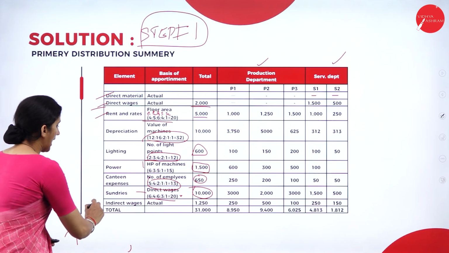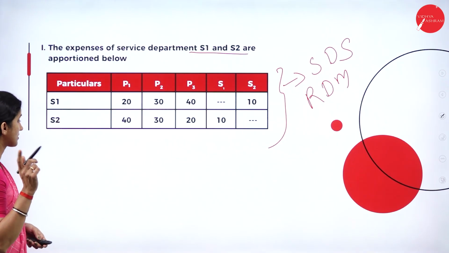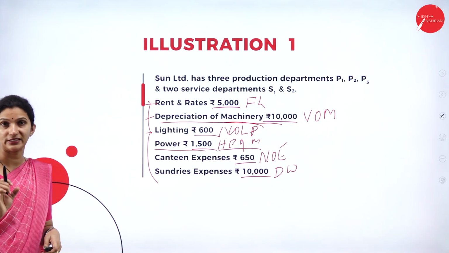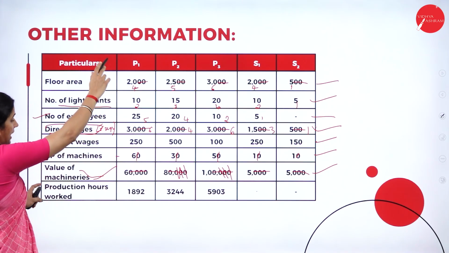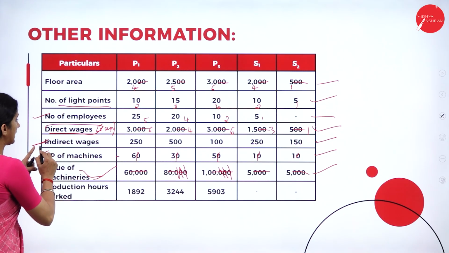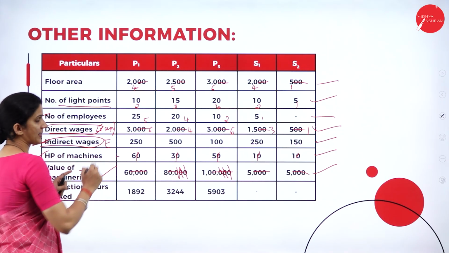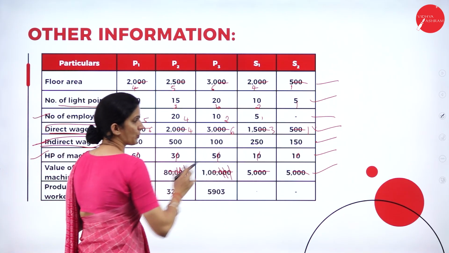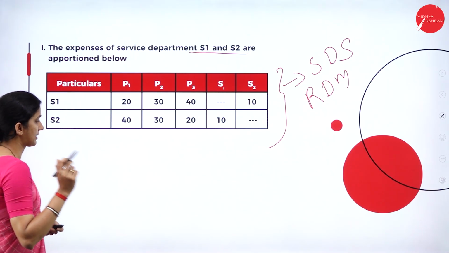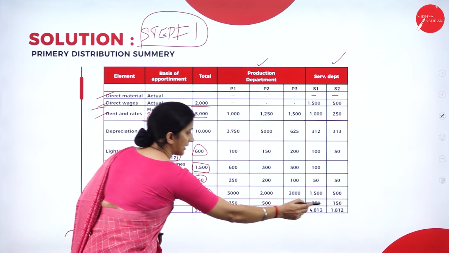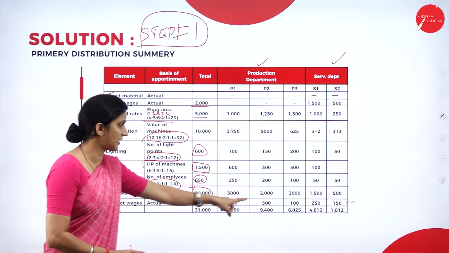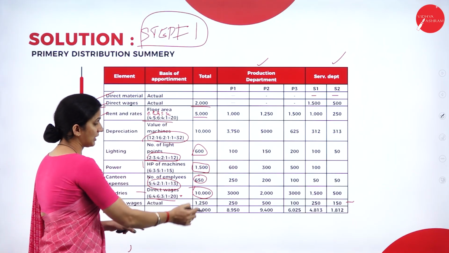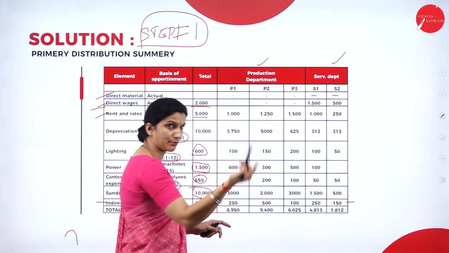And the last one we have is the indirect wage. Indirect wage is not given anywhere here, but that is also one of the indirect expenses. But here, in your table of apportionment, the indirect wage is given as one of the expenses. So whatever the individual department-wise indirect wage given, we will take as it is here, whatever the given value in the table of basis. Then we will do the total of this column and all the individual department-wise columns.